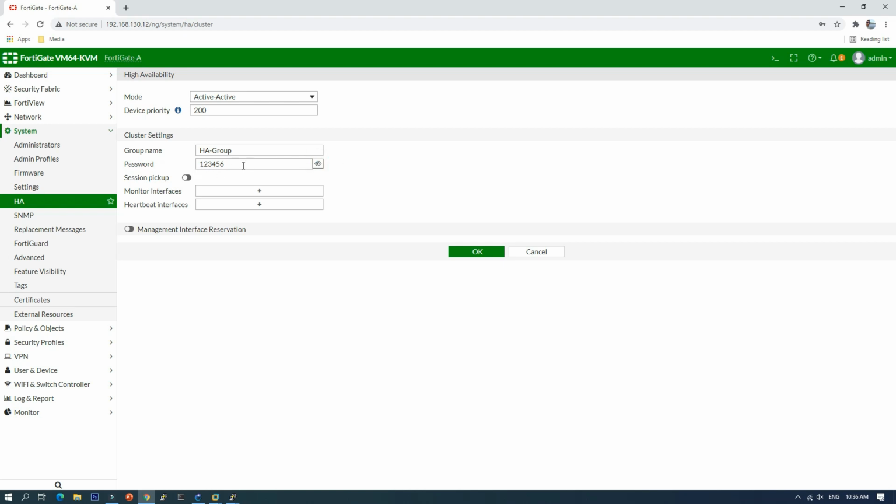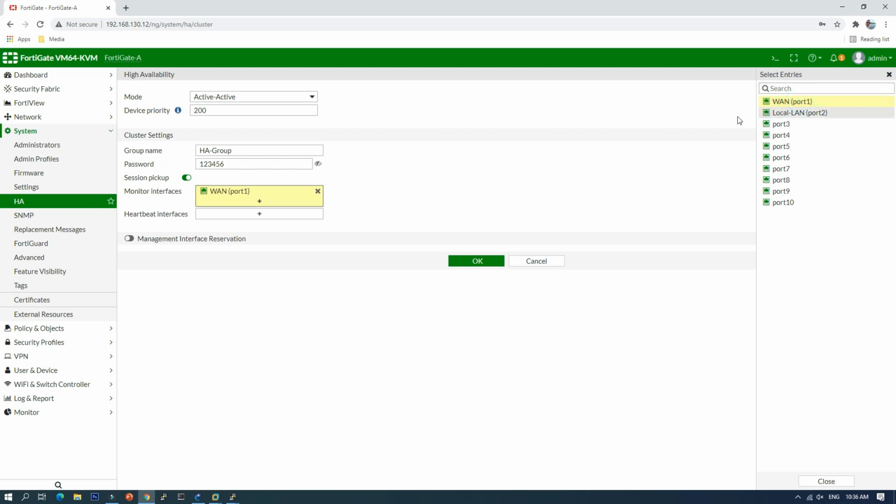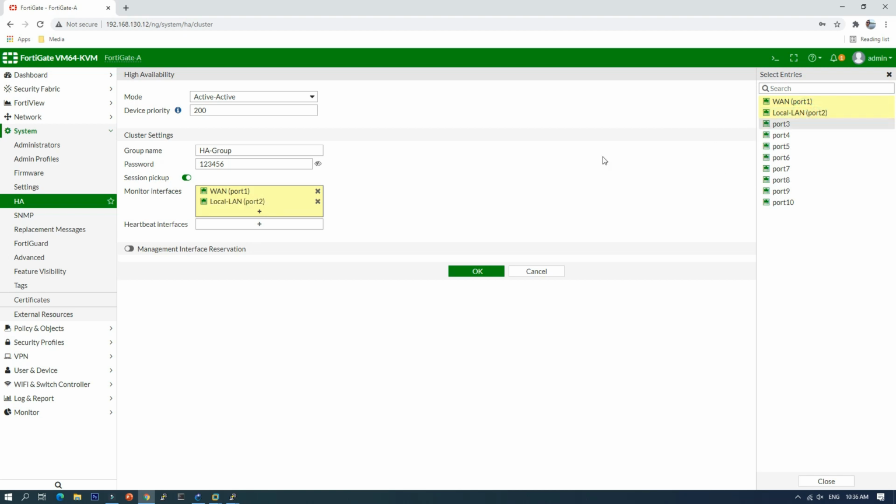That's easy for us, but in a real case you need a strong password as well. Enable session pickup, so it will update the information to the slave. Like I said, monitor interface: we want to monitor the WAN and the LAN port.